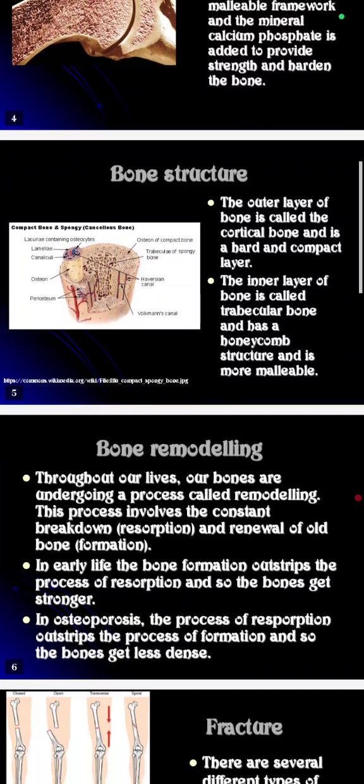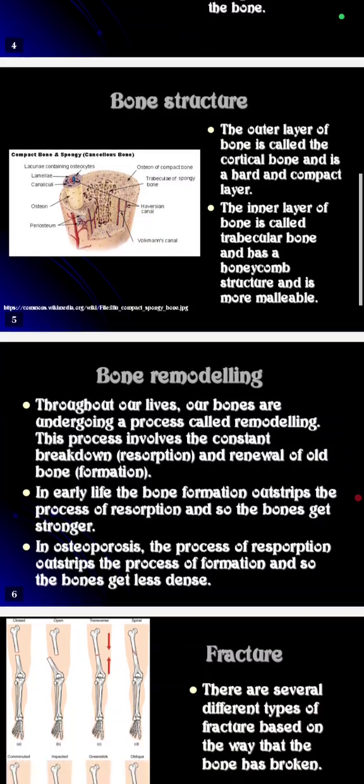Bone structure. First we analyze the bone structure. Here I just give the picture of the bone. The outer layer of bone is called the cortical bone, and it is a hard and compact layer. The inner layer of bone is called the trabecular bone, which has a honeycomb structure and is more malleable. So we have to be